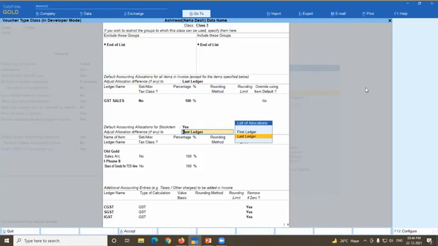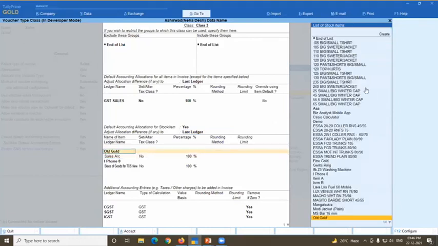Suppose I am selecting an item like scrap, and I want to post the ledger entry to sale of scrap. That feature is already given by Tally by default. That is not our today's topic, so I'm not taking it, but I'm just showing here what is possible with those settings from voucher type.